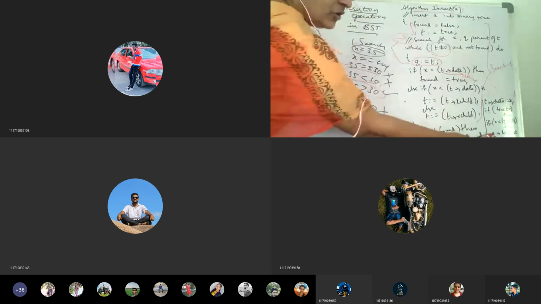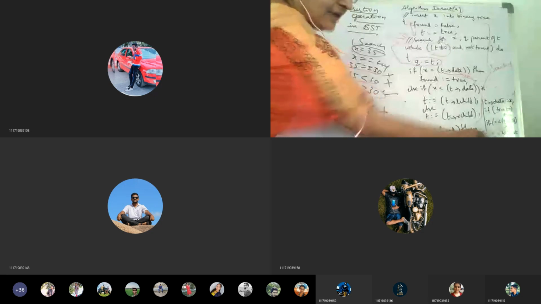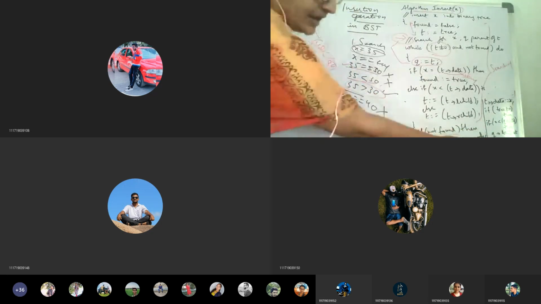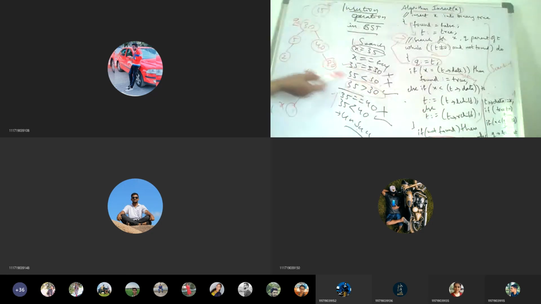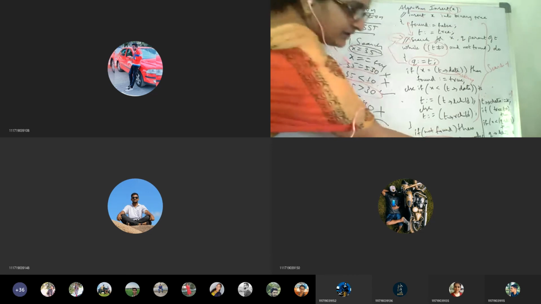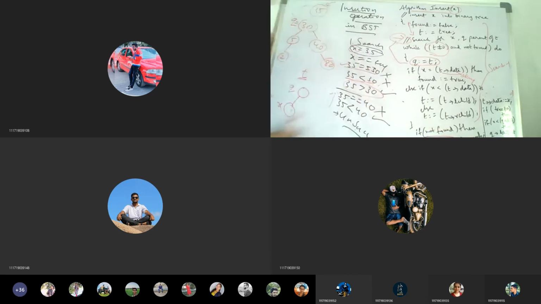If Q is less than Q data, then Q will be inserted at the left child of the tree. Or else it has to be inserted on the right side. So that is what we are giving here: Q right is equal to T. Else, what do we have to do? Again, in the else part, it will be only the new node.